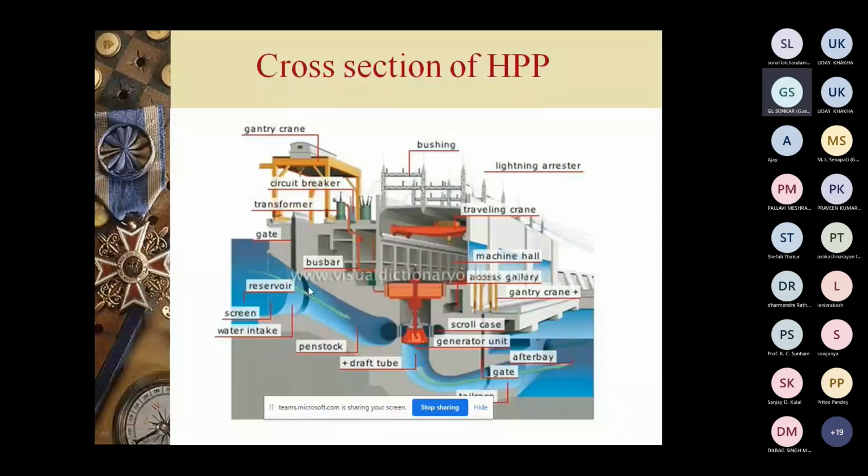These are the trash racks. The trash racks are actually used to block the floating materials. This is just like a filter, a big-sized wall. That means any debris coming in the river, or any floating materials, wooden blocks, should not enter into the HRT or head race tunnel, or the water conductor system, because if they enter, they damage the blades of the runner. So for that, we are putting some cross racks. They are simple filters, so they will block the flow.